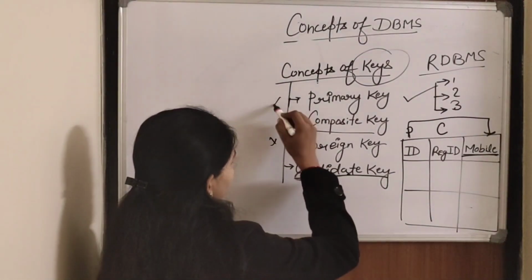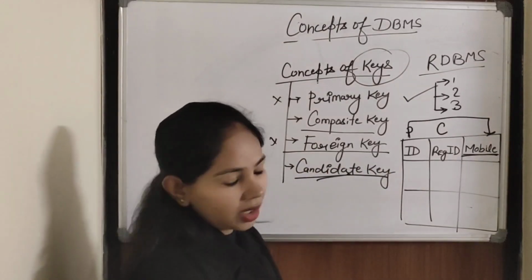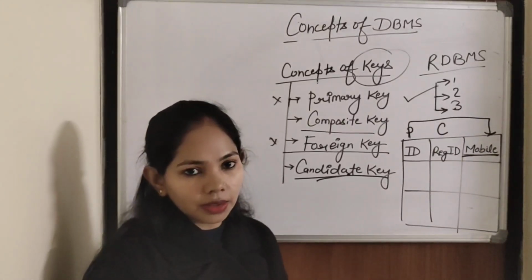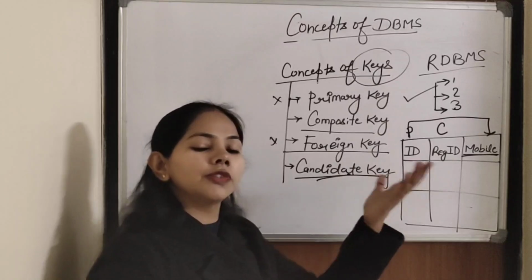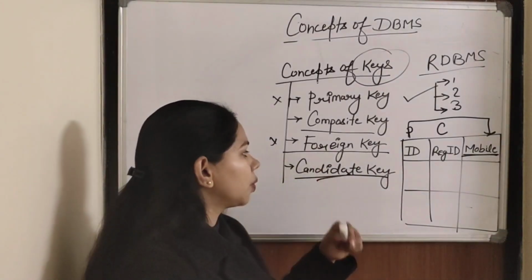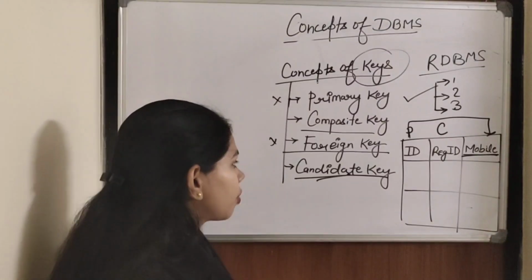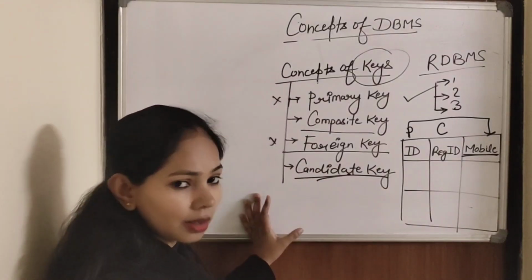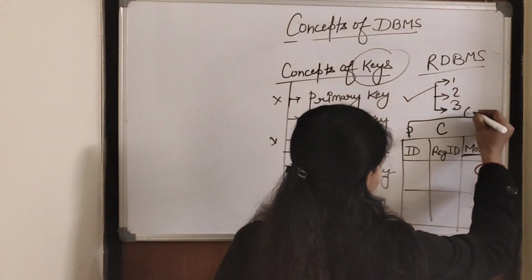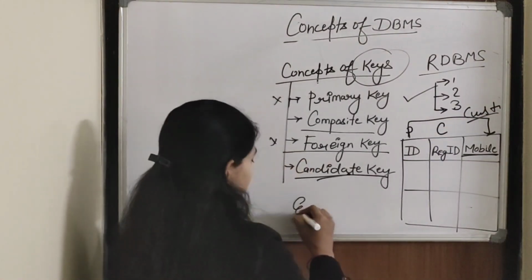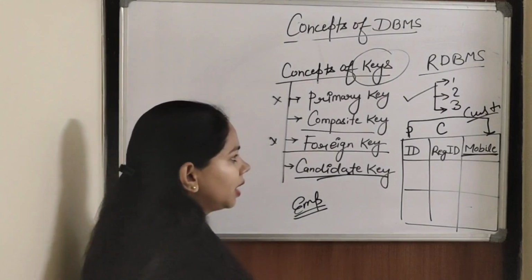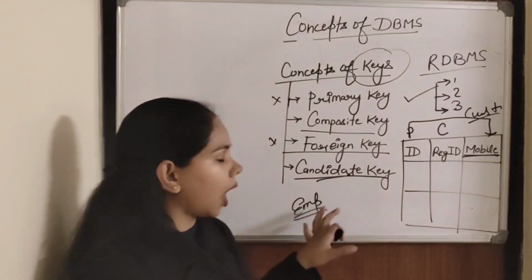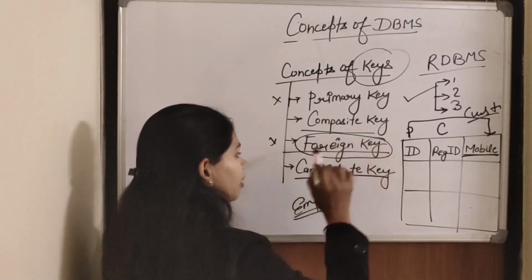And next, most important after the primary key, is the foreign key. Foreign, you can correlate with the foreigner. It means a person who is not from your country, who comes from another city or another country, is known as a foreigner. So a foreign key is a key with which we can take data from another table. Suppose this is our customer table, and suppose we have an employee table here, and if you want to move some records from the employee table to the customer table, then how is it possible? It can be possible through the foreign key.